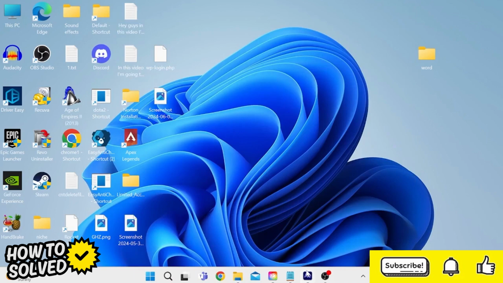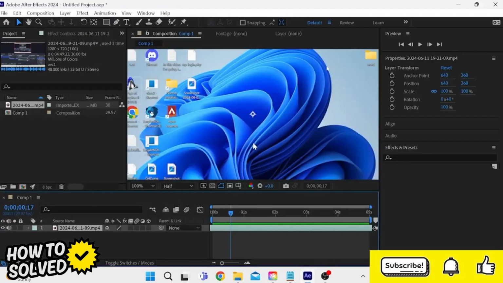And then what we need to do is launch up Adobe After Effects. The first thing we need to check is to make sure that our video isn't muted inside of the timeline. You can do that by tapping this audio button down here. Just make sure the volume icon is showing in this box here, as that displays that the volume is working